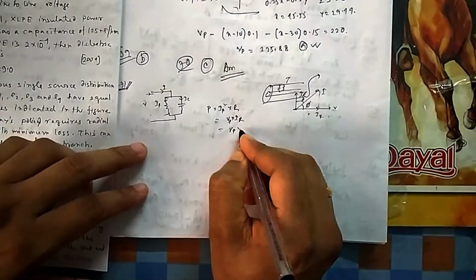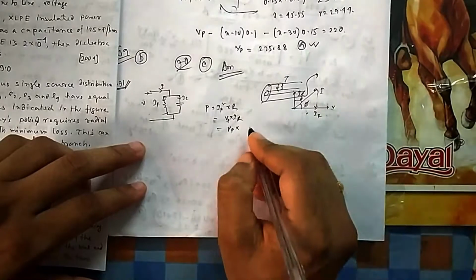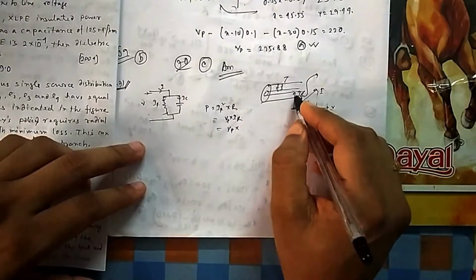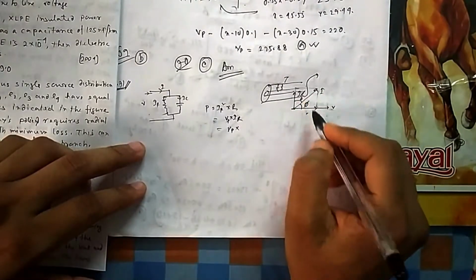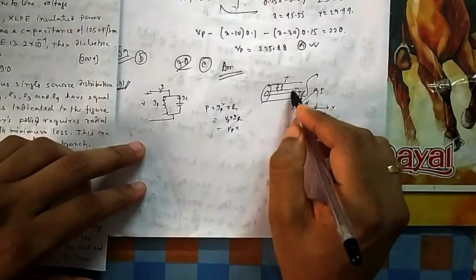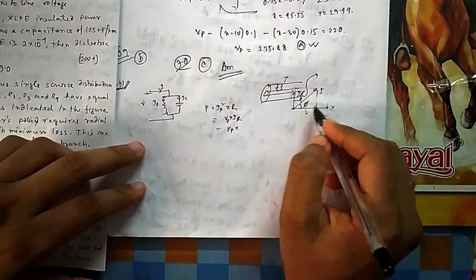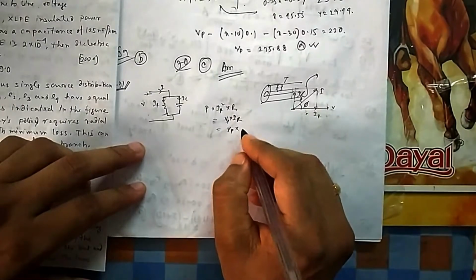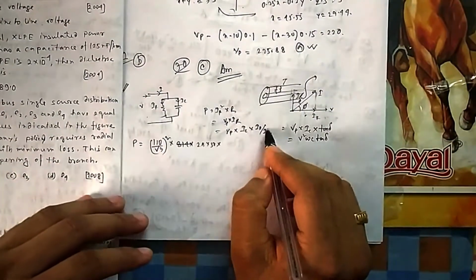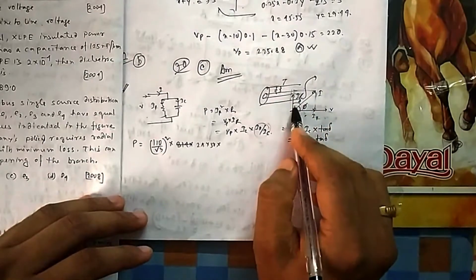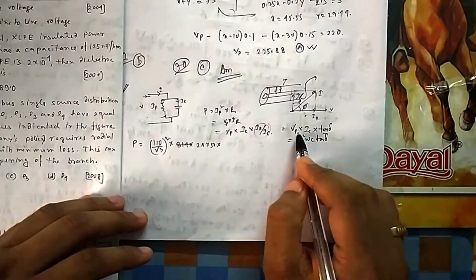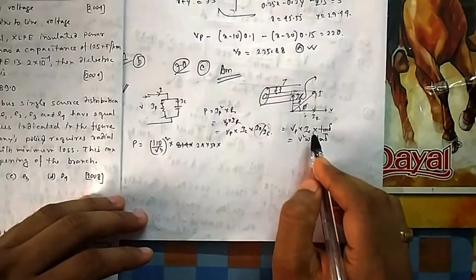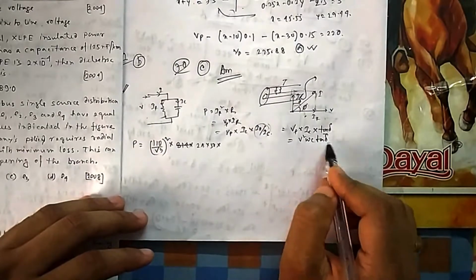Okay, so it is VP into IR. What you can write it in terms of tan delta, because tan delta is given to you. So this relation is given to you: IR by IC, because this is IC. So IR by IC is given to you as tan delta. You need to find IR. So here you can say I have divided by IC, and IR by IC is given as tan delta. So it becomes VP IC. IC you can write again as V omega C. So it is V square omega C tan delta.